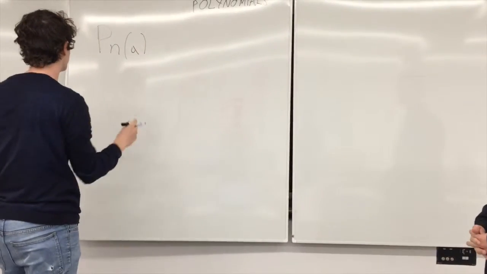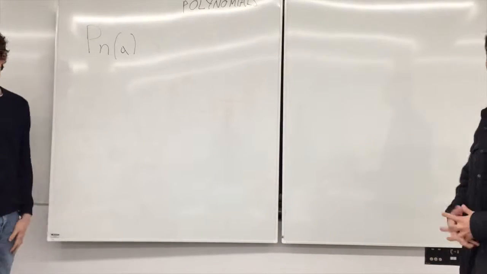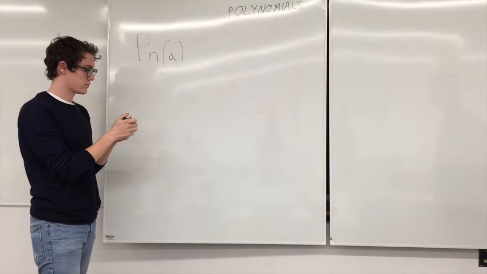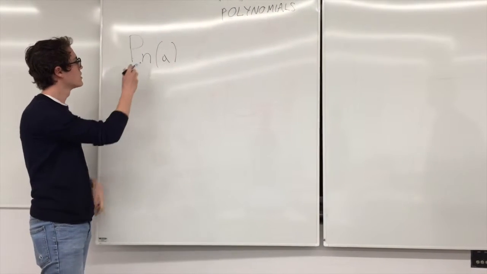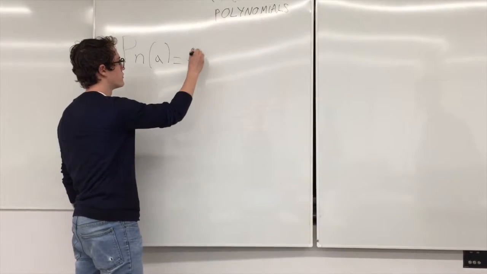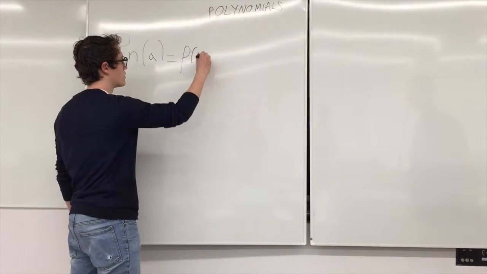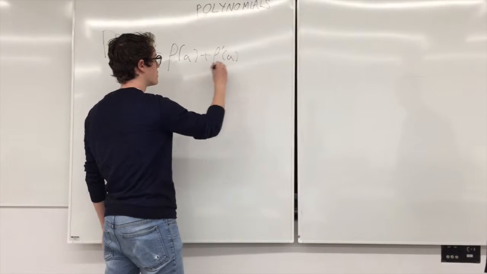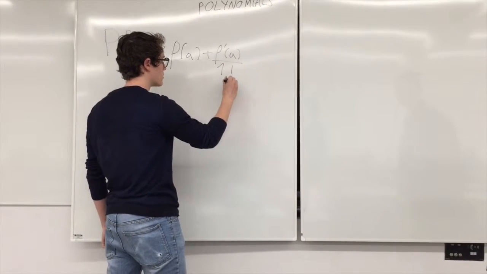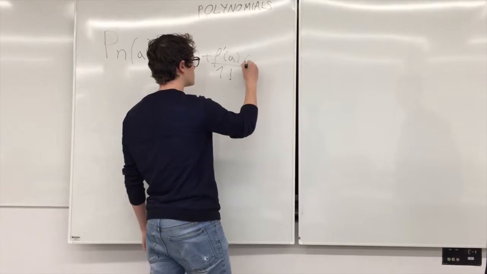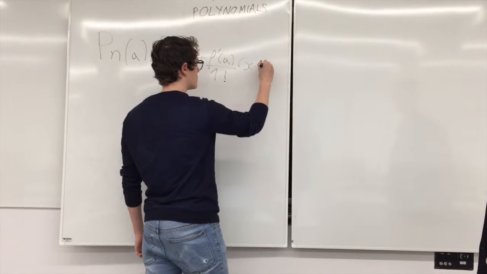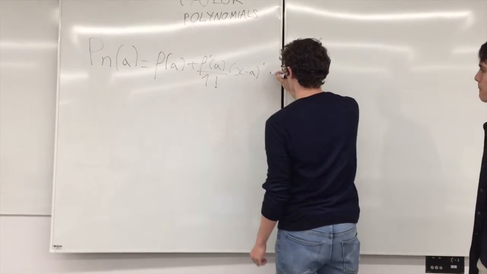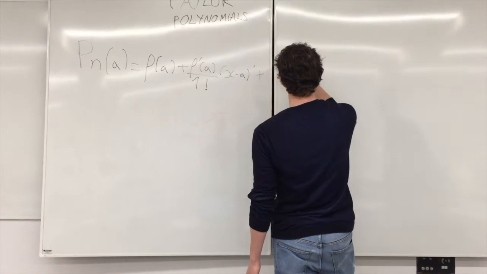Okay, so this is the basic structure of the Taylor polynomial. Speak loud. So first, you use the function f of a, plus the first derivative of a over 1 factorial, times x minus a to the power of 1. And then you do the same thing for the second derivative